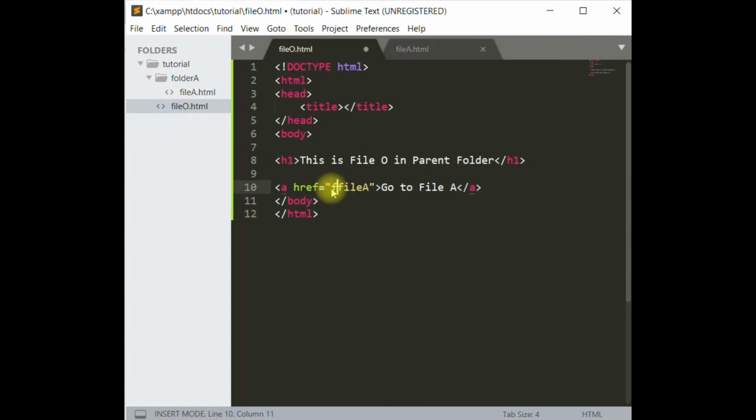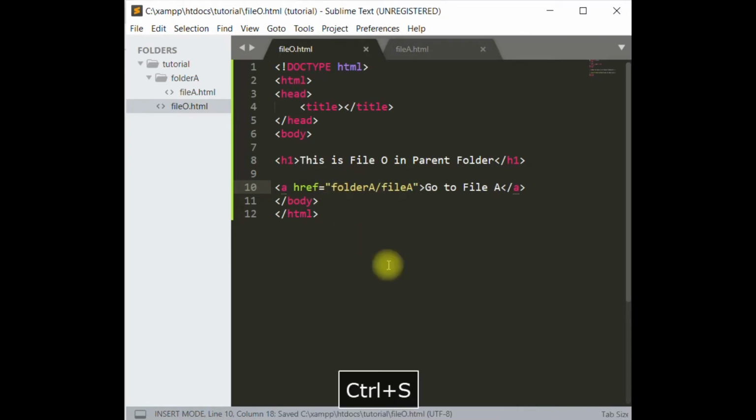We have to write here folder A and then /. So now local server will search folder A first in the parent folder and then file A. So let's see now we can approach or not.